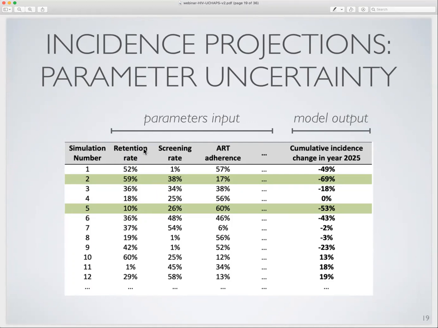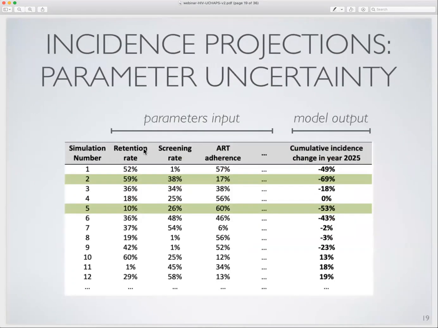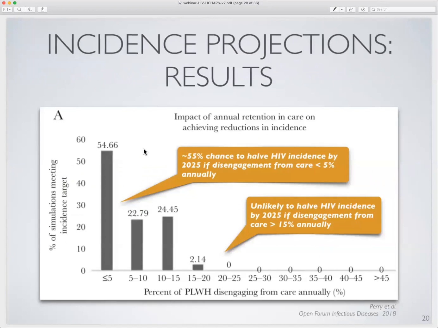And so this is what the authors did, okay? So, I mean, the previous slide is something I made up. And here we have the actual results from the study. So here, for example, they look at the rate of disengagement from care, and what they had as a result of all this simulation is that if this